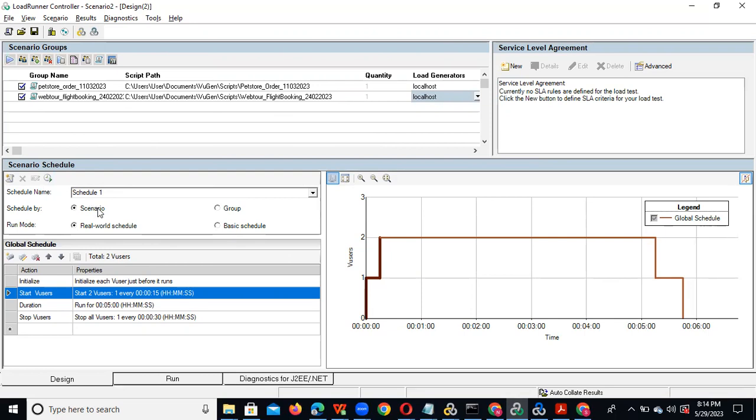If you select schedule by scenario, all scripts behave like one scenario and share the ramp up and ramp down duration. Ramp up is nothing but users gradually increasing the load. For example, 1 plus 1, 2 users will gradually increase, and you don't get multiple ramp ups or multiple ramp downs because the ramp up and ramp down are shared and will be the same for all. Now, if you select schedule by group,